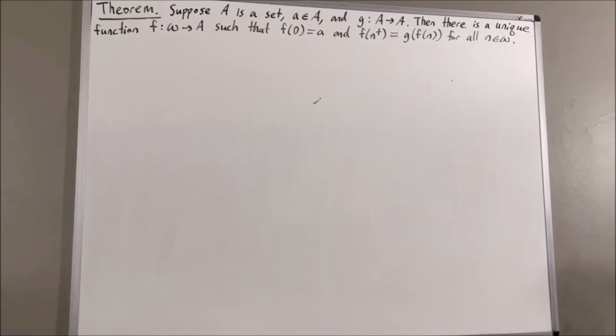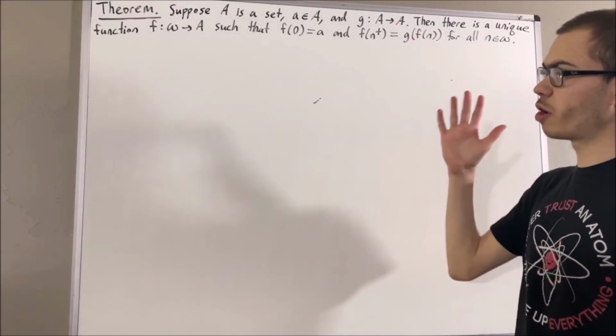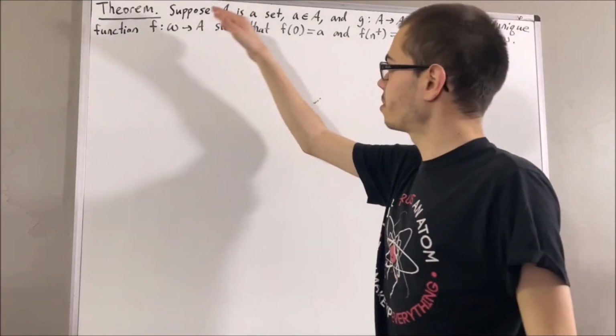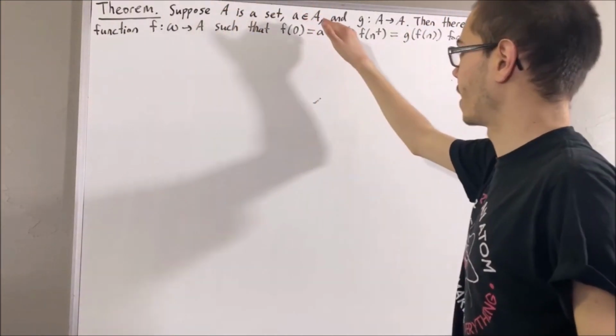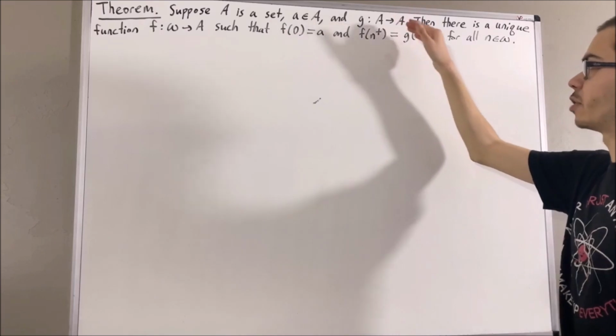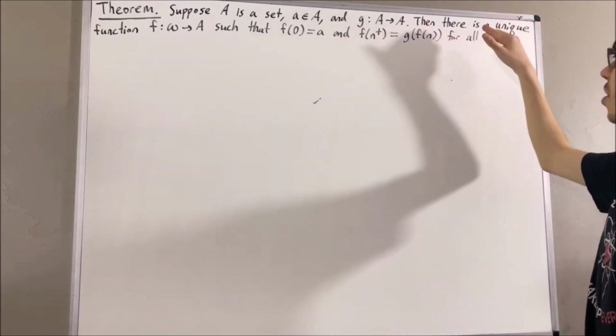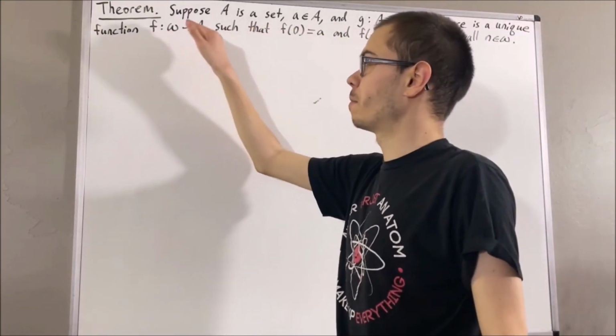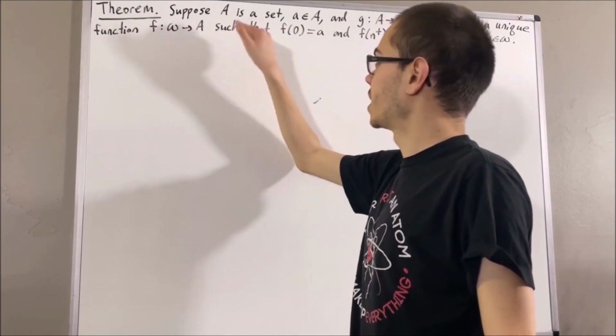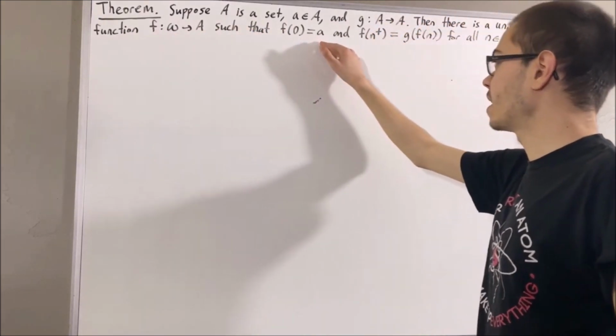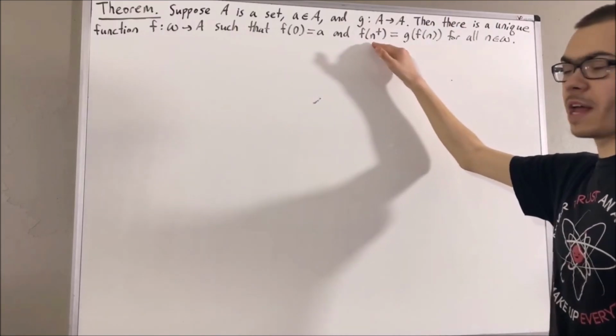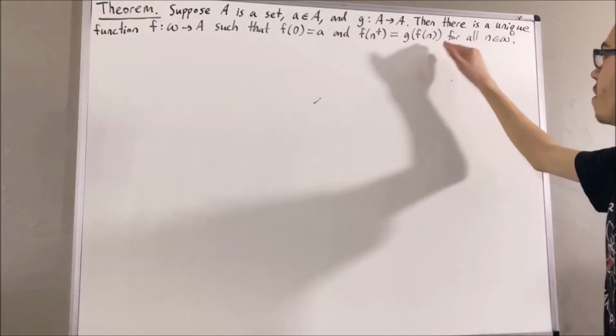Hello! In this video, we are going to prove the following theorem. Suppose A is a set, a is an element of A, and g is a function from A to A. Then, there is a unique function f from the natural numbers to A, such that f of 0 is equal to a, and f of the successor of n is equal to g of f of n for all natural